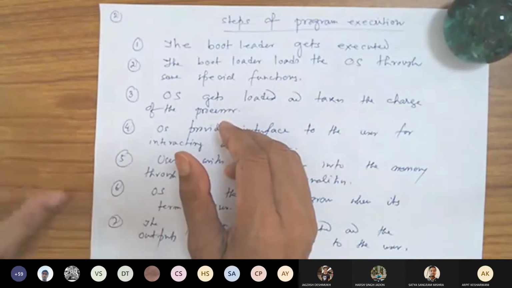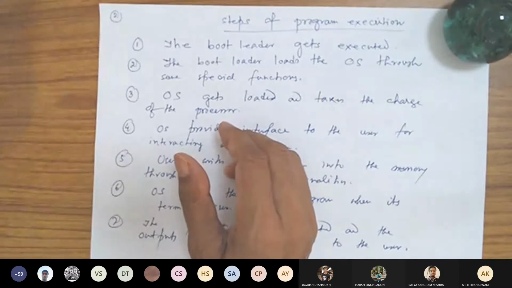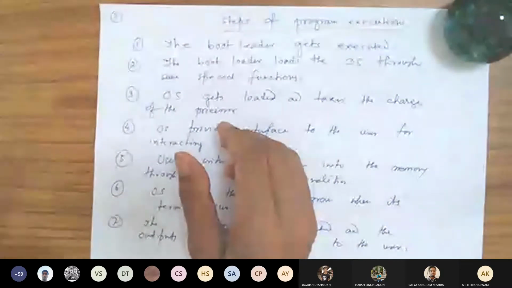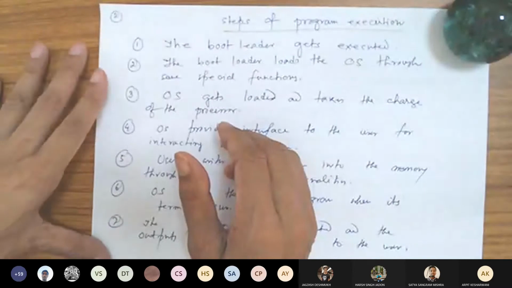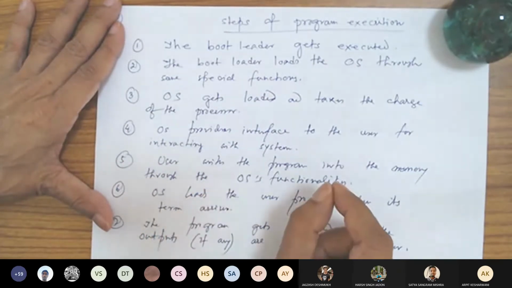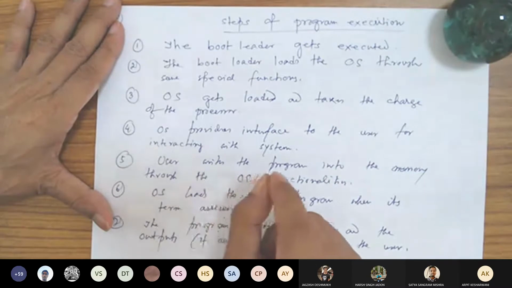That's mandatory. You need to check whether the keyboard is working, the mouse is working, all these things are working or not. That's a manufacturer-provided program which runs when you switch on. That's called power on self test, POST. Once this POST is over, then comes BIOS.